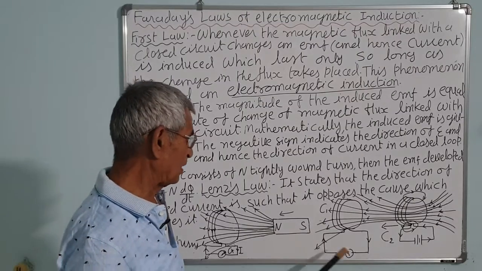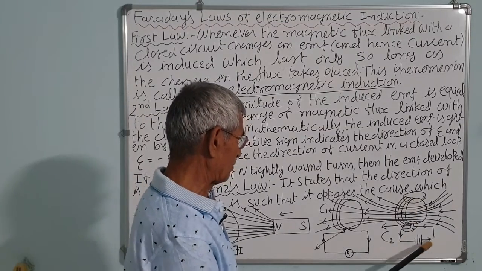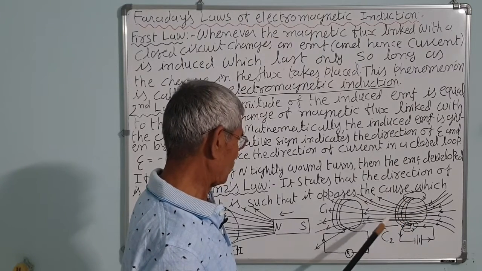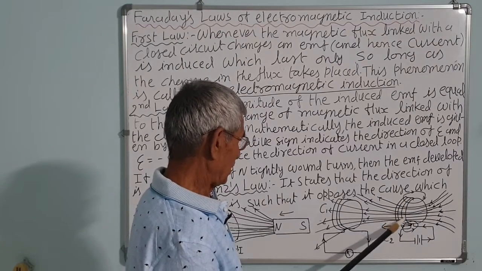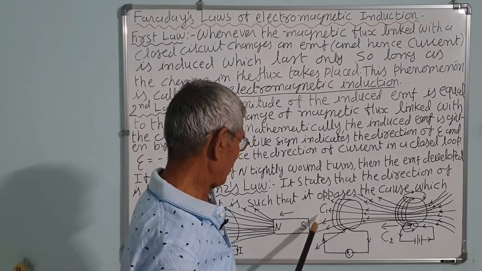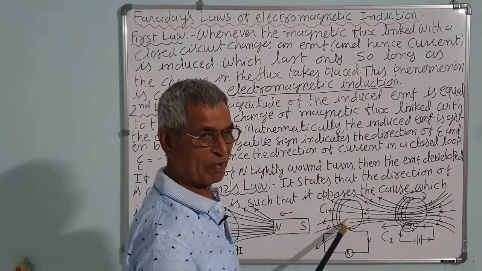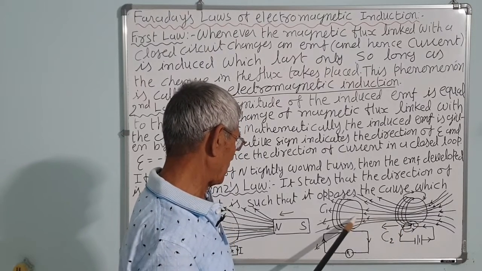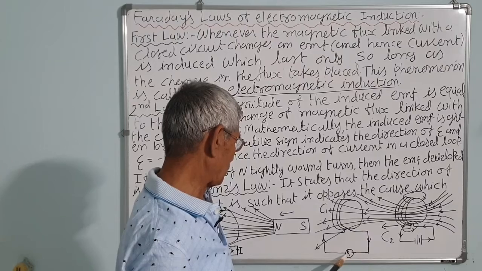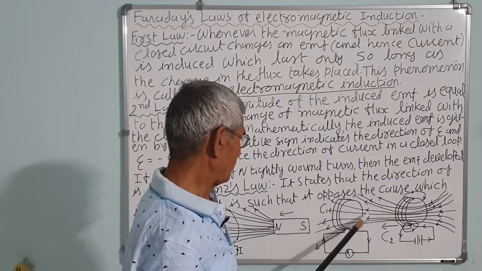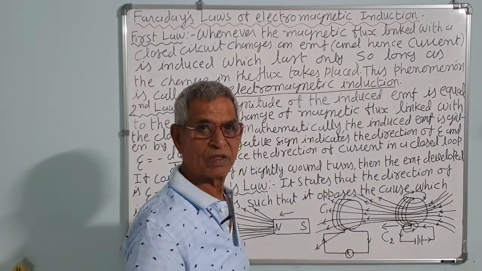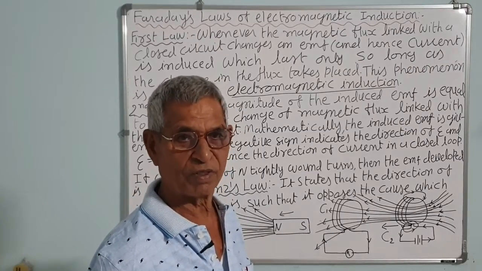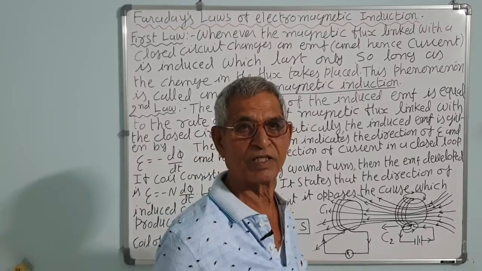Here, instead of the magnet, you can use another coil which is connected to the battery. So, when you pass the current in this and move this coil, either C2 or C1 coil, there will be induced EMF. If you move the coil C2 towards C1, the galvanometer shows a deflection towards the left; if you withdraw it, it will show the deflection towards the right. So, there will be a change in the direction of deflection of the galvanometer, that is due to the change in the direction of current.